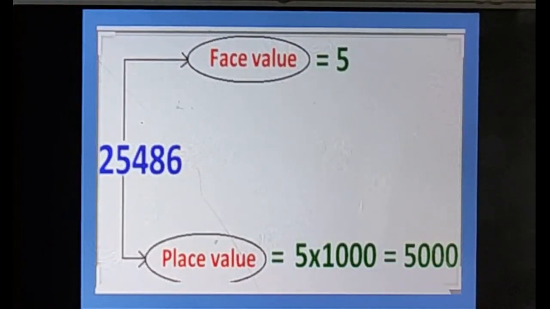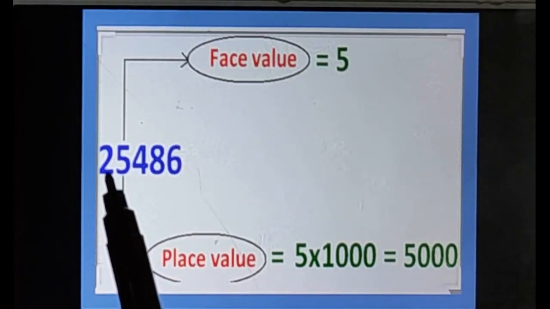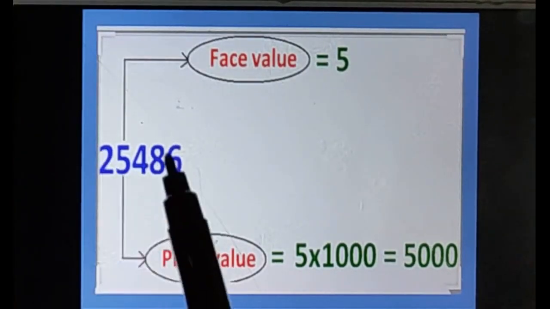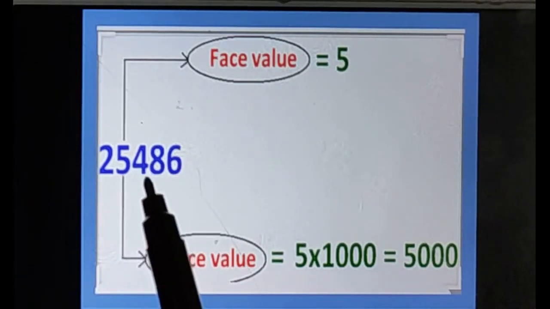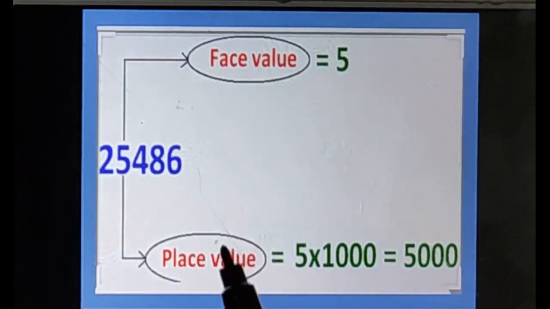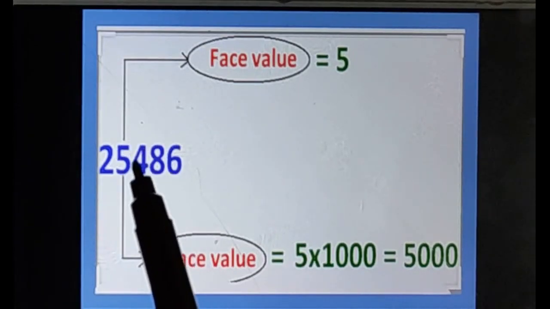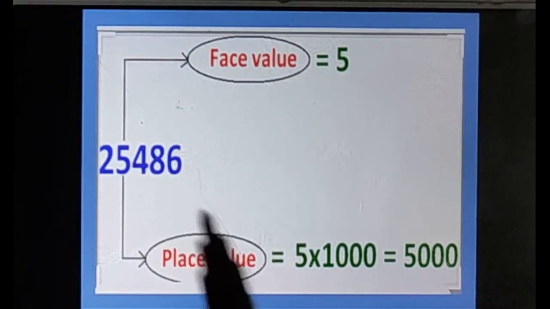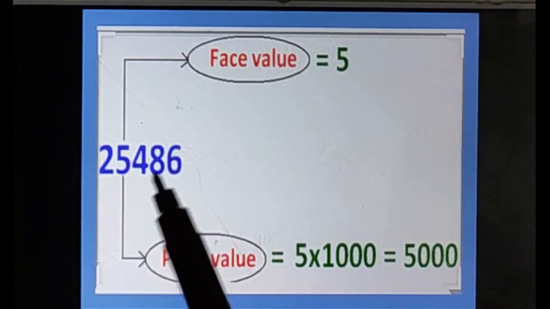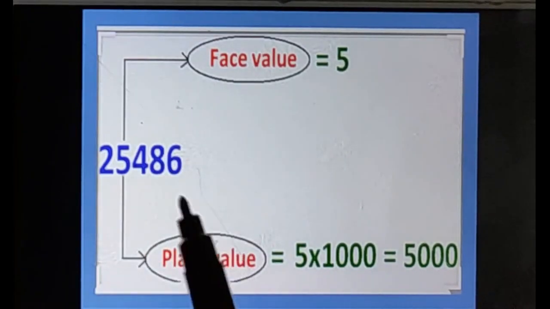After having knowledge of place value and face value, let us go through the example, because this is a very, very important thing, students, which you have to use to solve the given problems in the exercise. In the given number, which I have chosen, 25486, you have to find the face value and the place value of 5. This arrow indicates the face and place value of 5. If you have to find the place value of 5, then as I have told, it is a position.